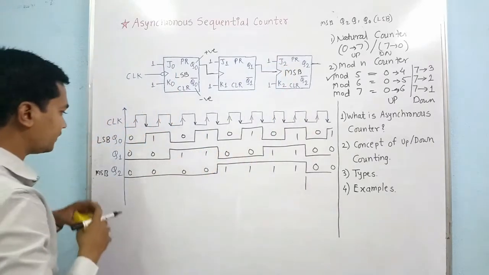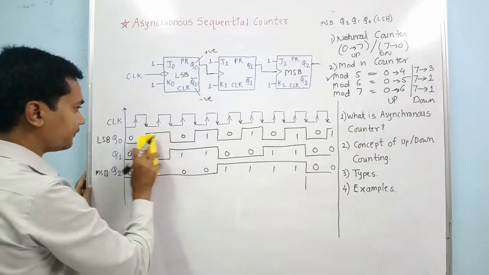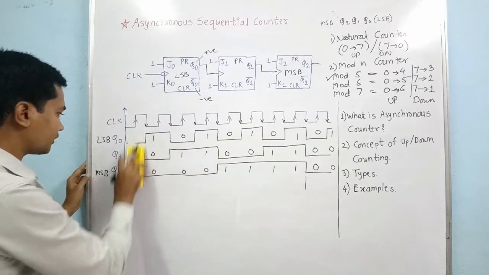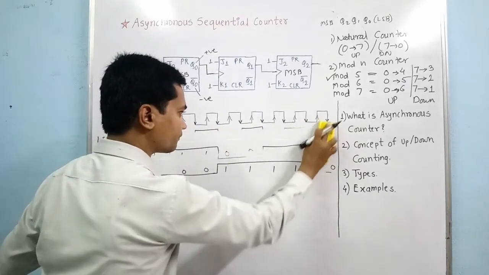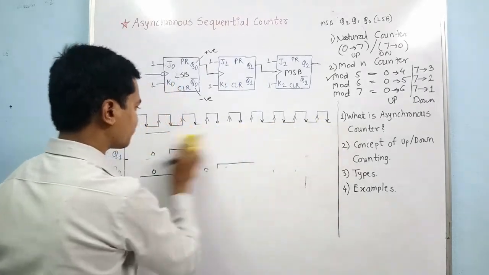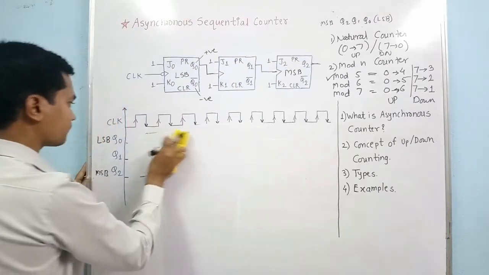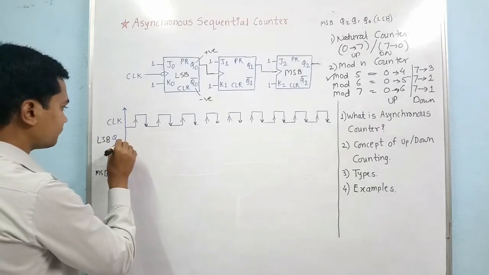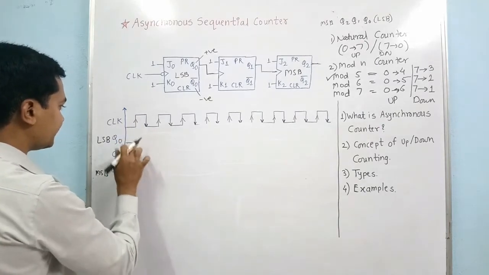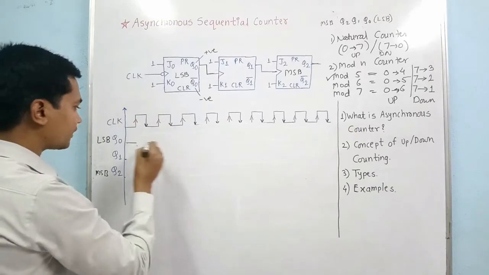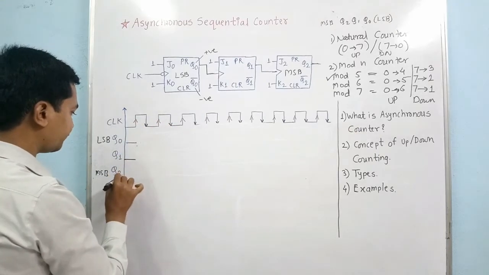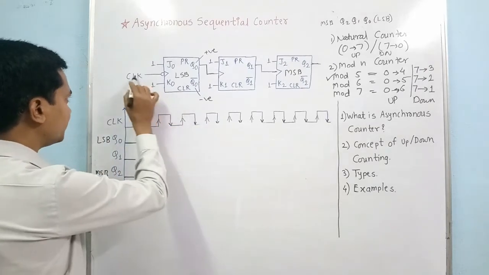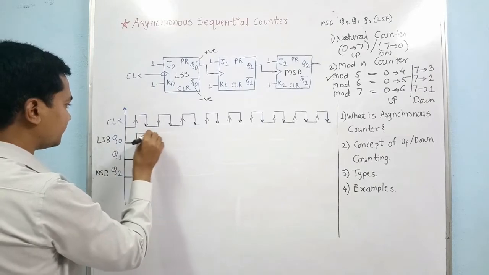So what will happen? This binary sequence will be continued. That means this Q0 output will also be changed. Now let us see each and every rising edge. Here the rising edge occurs wherever red arrows are shown. I will just draw the sequence. First, the Q0 output will change on each and every rising edge of the original clock, like this.